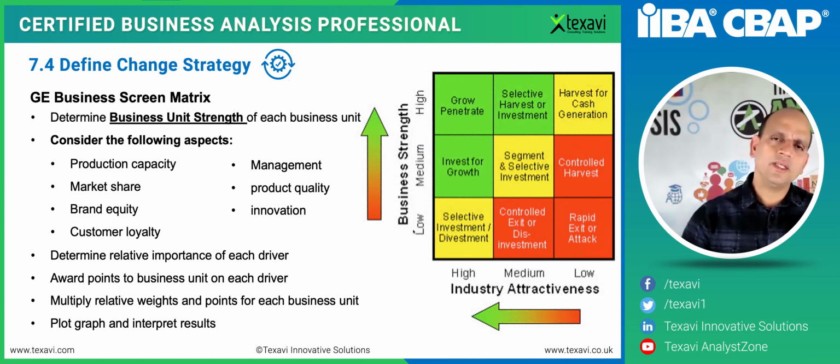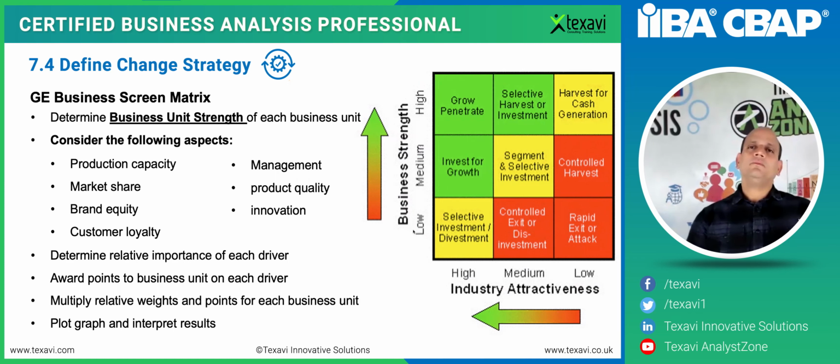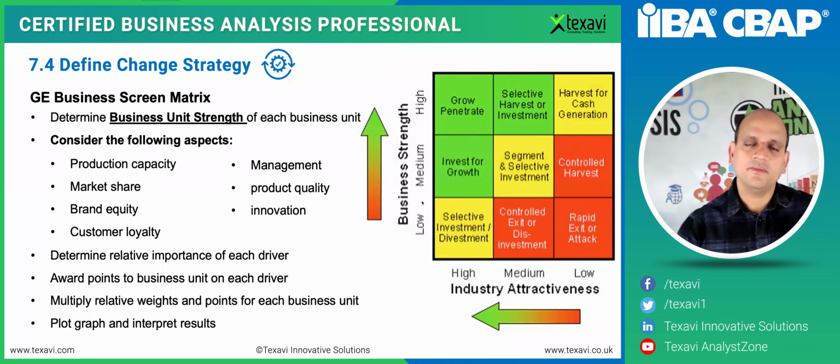It's similar to the other BCG portfolio matrix, but here we're talking about industry attractiveness as well, and slightly different in terms of, you've got more scales here, low, medium, high, and you've got a more prescriptive way of what you can do here, whereas there it's just about 4 prescriptive opportunities or options that you have. So this is again another use